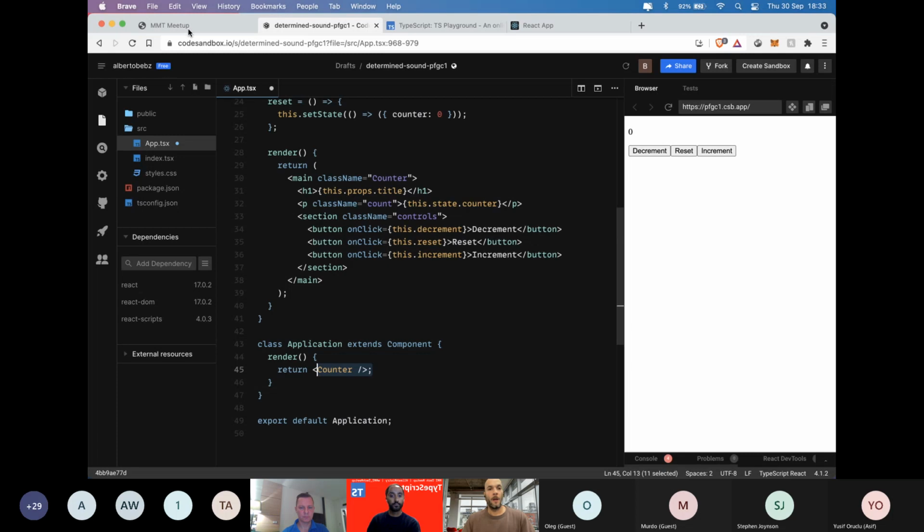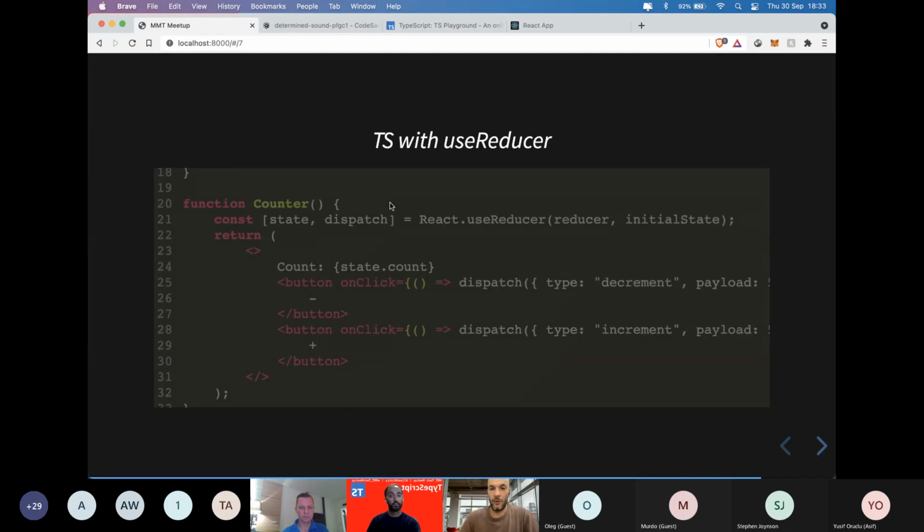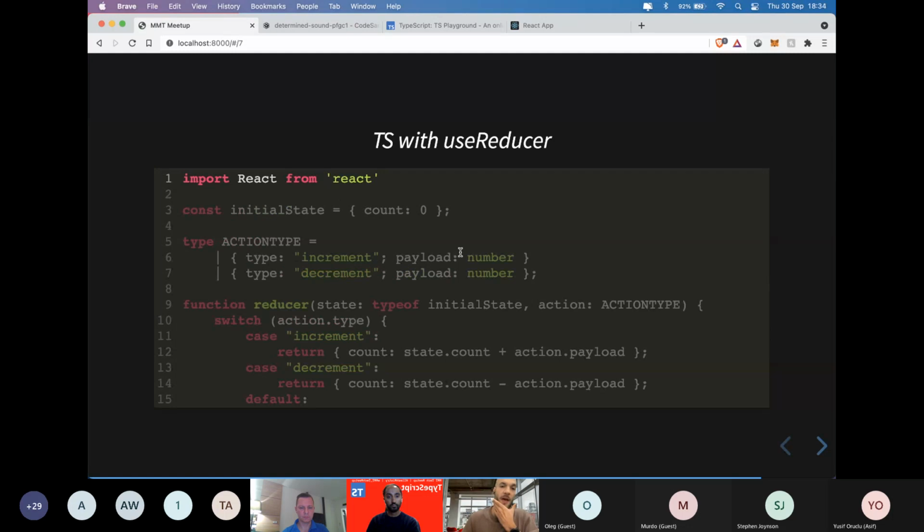The last example I want to showcase is slightly different. It's when we have the useReducer hook. We can define the initial state. We have an action type, and in this case, we use a union type, which is basically an OR in the JavaScript language.